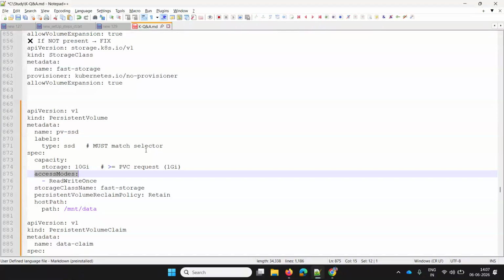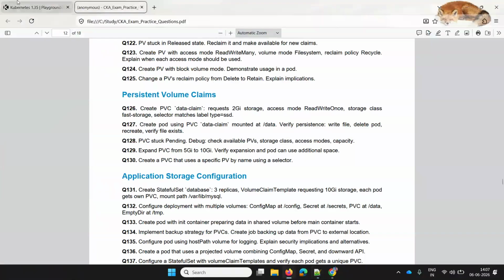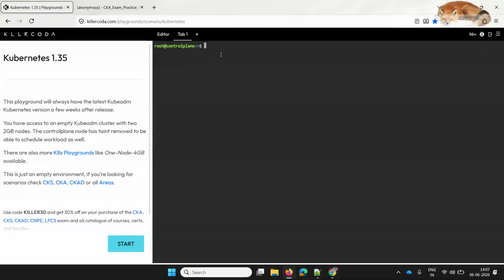You can expand only when that particular underlying storage class has the attribute allow volume expansion as true. If you want to check with the default storage class, you can see get sc, I have local path, and if you see here you have allow volume expansion as false, right?